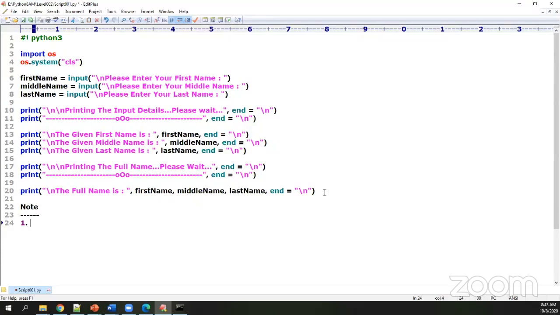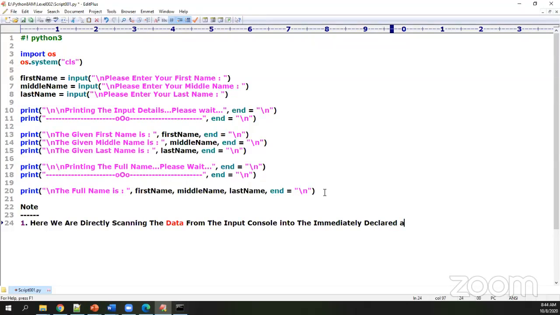The first point is, here we are directly scanning data from the input console into the immediately declared and assigned variable.